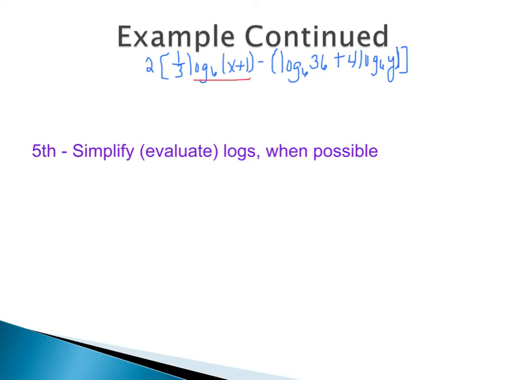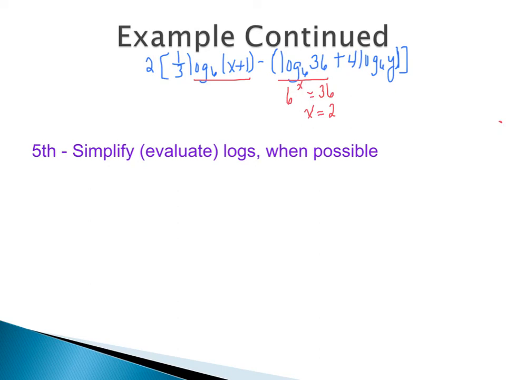The next log that I have is this log base 6 of 36. Here is where I can actually evaluate, because in order to find this answer, we would think of this as an exponential equation where we'd have 6 to the x equals 36. And then the question is, 6 to what power gives you 36? It would just end up being 2. So log base 6 of 36 actually turns into 2. Our last log, log base 6 of y, again, we have a y there, so there's nothing to evaluate.